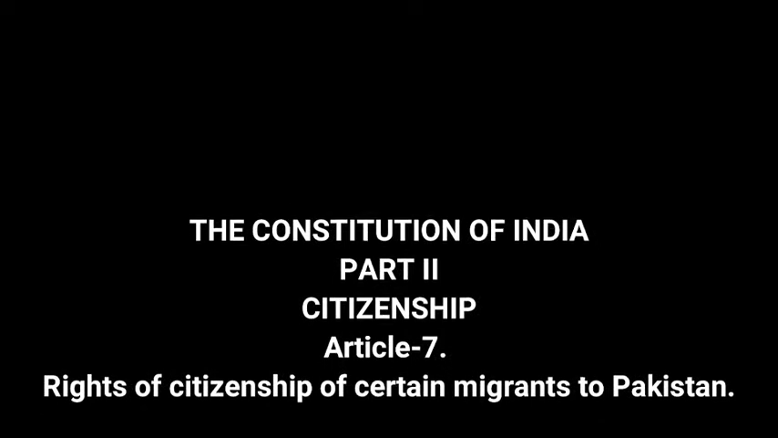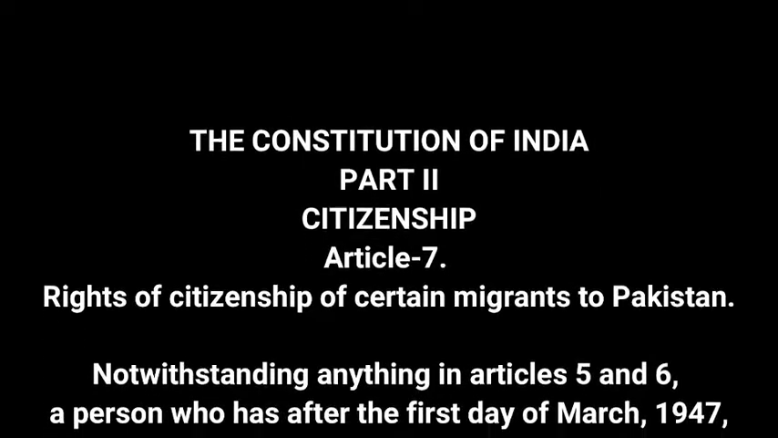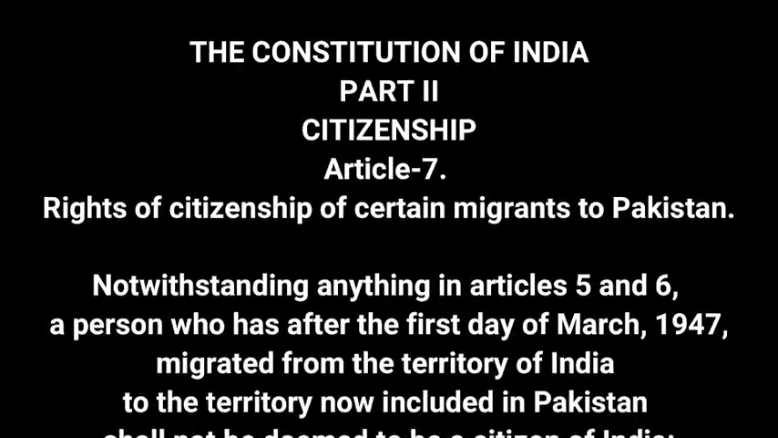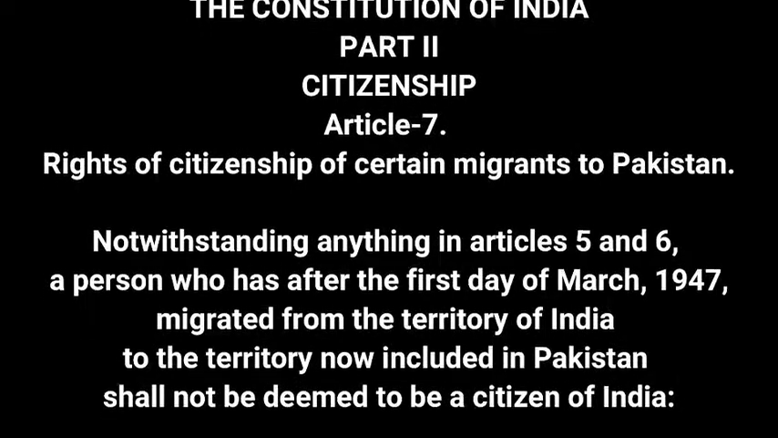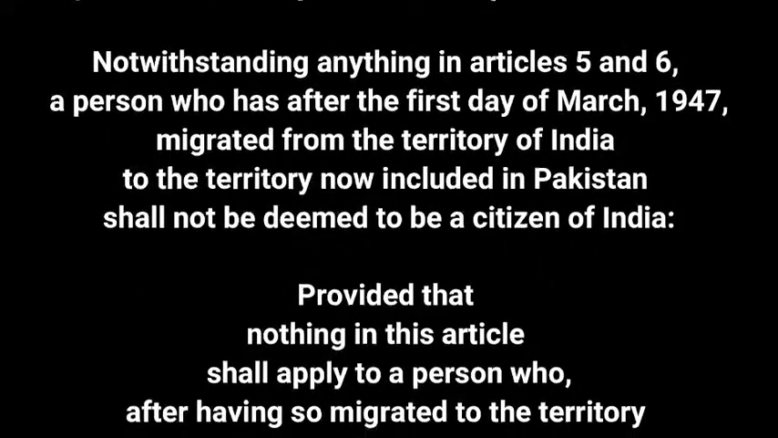Constitution of India. Part 2. Citizenship. Article 7. Rights of citizenship of certain migrants to Pakistan. Notwithstanding anything in Articles 5 and 6, a person who has after the first day of March, 1947, migrated from the territory of India to the territory now included in Pakistan shall not be deemed to be a citizen of